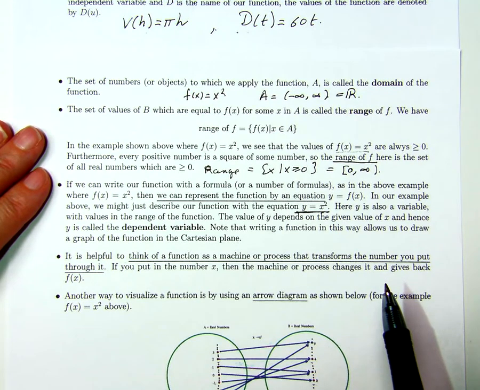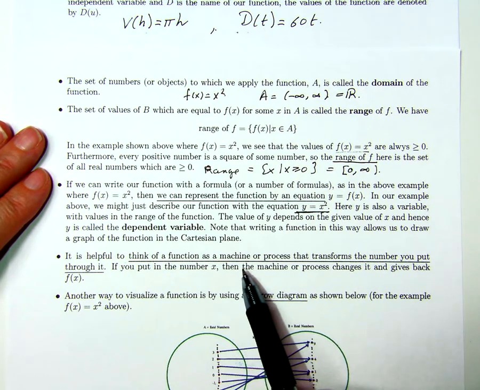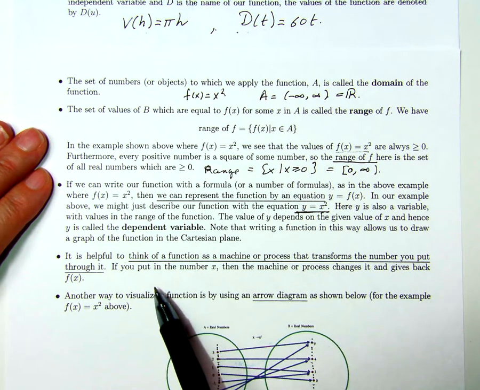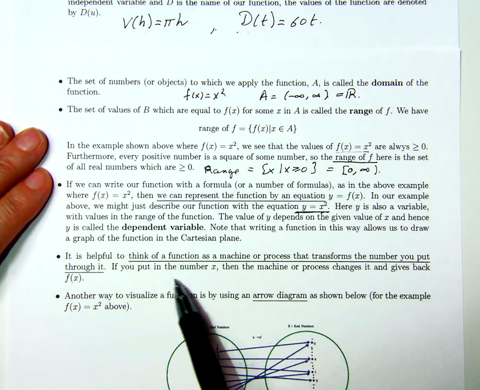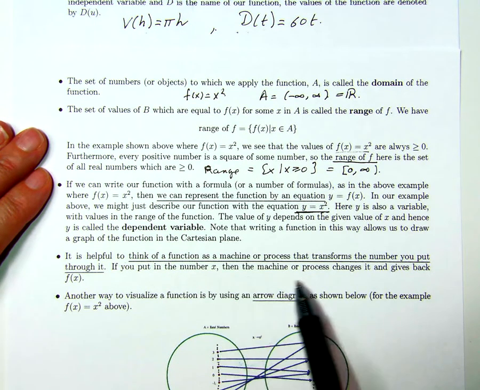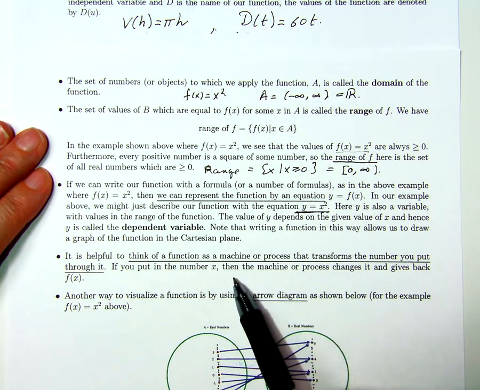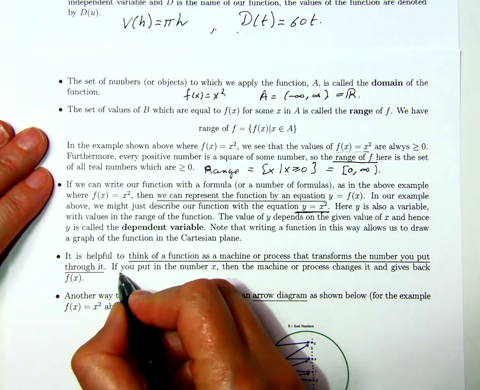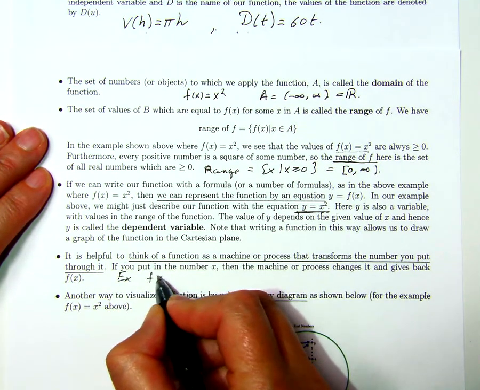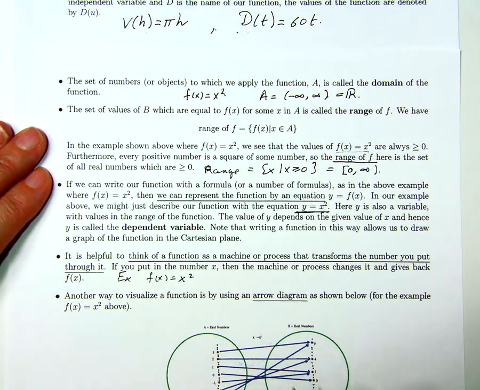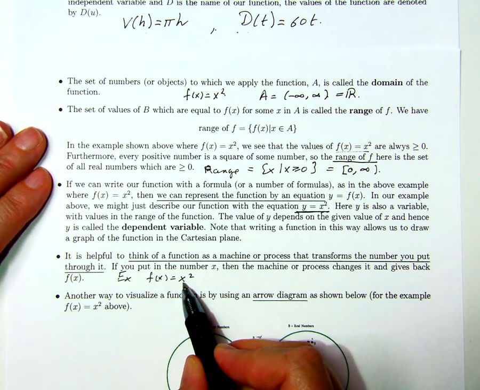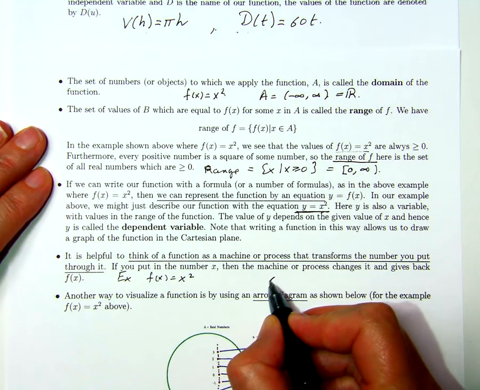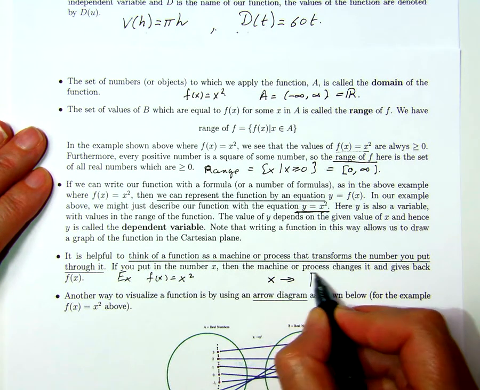A good way to think about a function is as a machine or a process that transforms the number you put through it. So if you put in the number x, then the machine works on that x, and then it gives you back a unique number f of x. So for example, if f of x equals x squared, then this is a rule which transforms the x into its square. So you can think of this as a machine, f of x, or f,